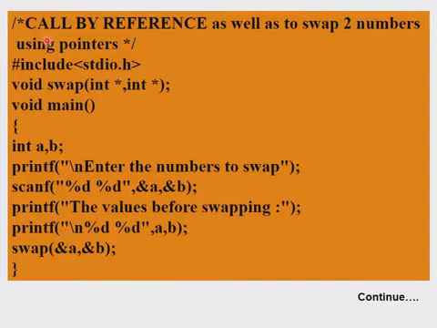So how can we use the call by reference method using pointers? We will take one example of swapping two numbers. We will have a function called swap. It will have two arguments, but we have declared here pointer variables or pointer arguments, integer pointer and integer pointer, and it will not return any value.